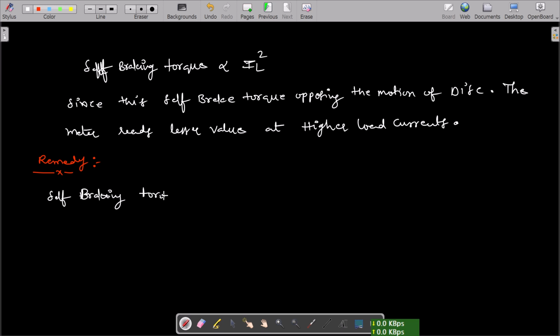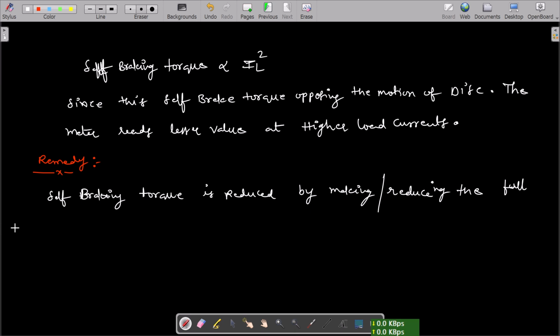The self braking torque is reduced by reducing the full load speed of the disk, and by making phi sc less than phi p, where phi p is nothing but the over series magnetic flux. Okay, that is then